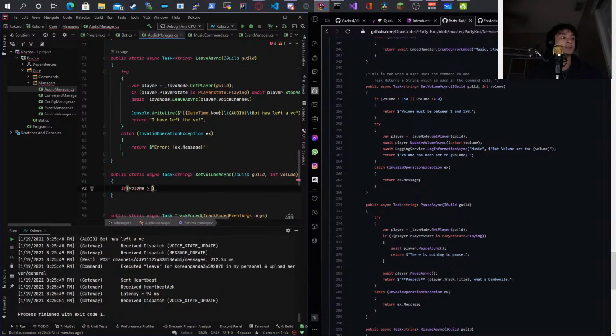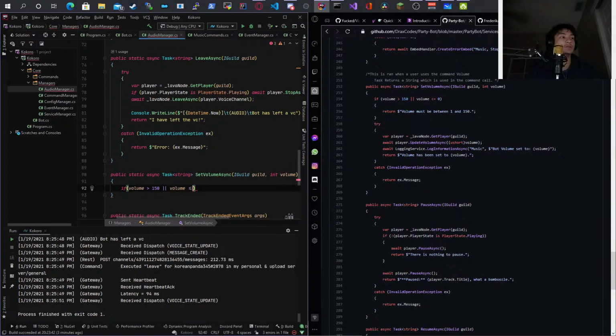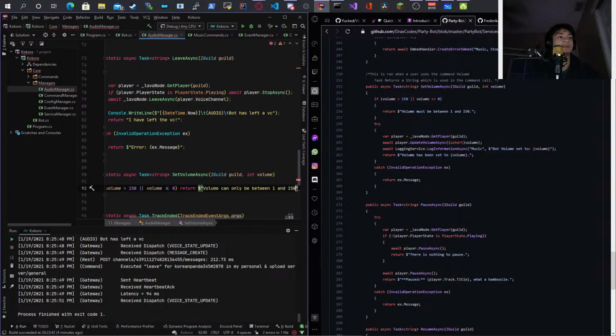So if volume is over 150 or volume is equal to or less than 0, then we're going to return a string, which is going to be sent later on in the command. It's going to say volume can only be between 1 and 150, not 115, 150.